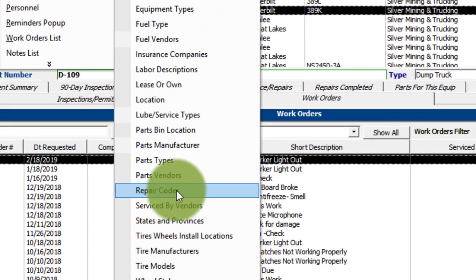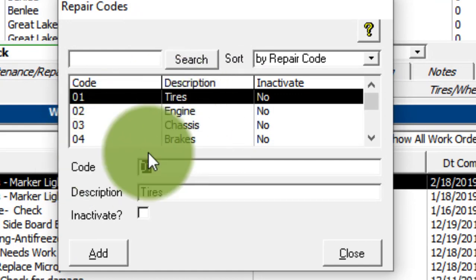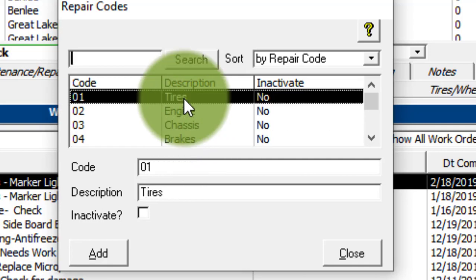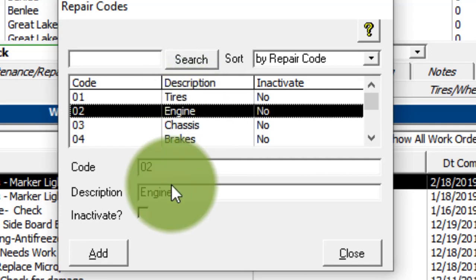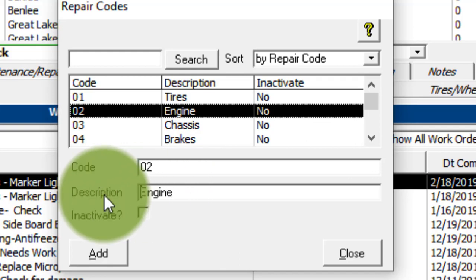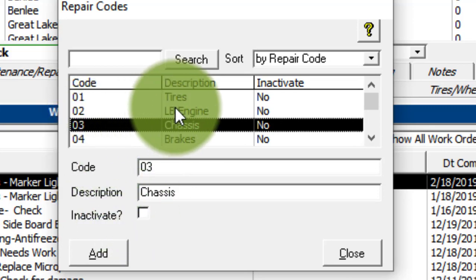Right here. And so here you want to make sure that you don't just start typing because you'll overwrite what's in here already. All right? So what you want to do if you want to, you can edit the repair code. So if I wanted an engine to say, whatever, large bore engine, for example, right? I could do that. And if I go to the next one now, see the engine has been changed to